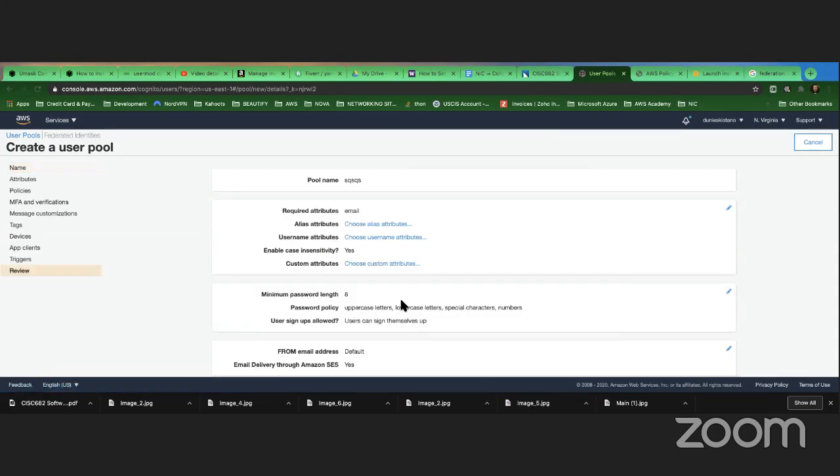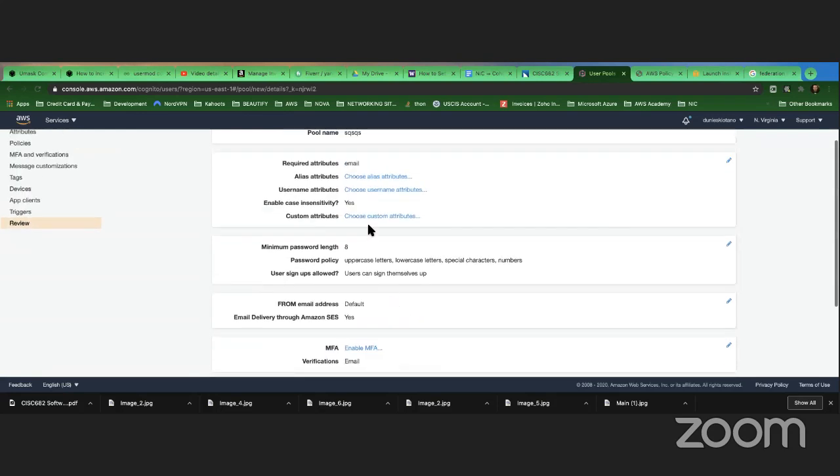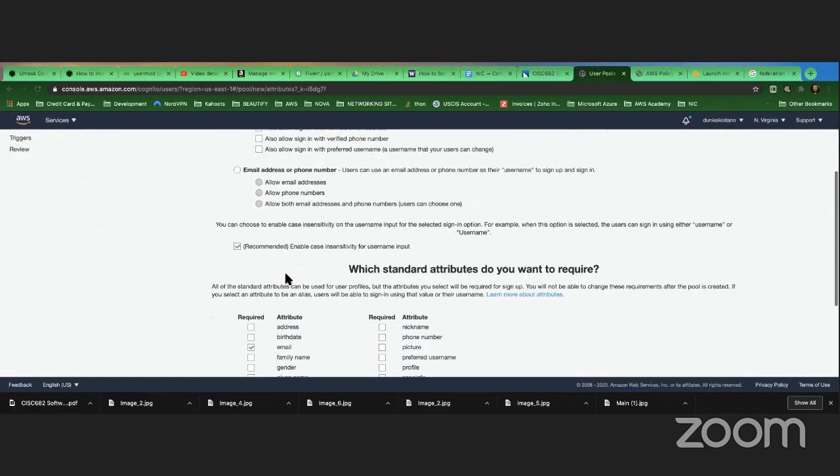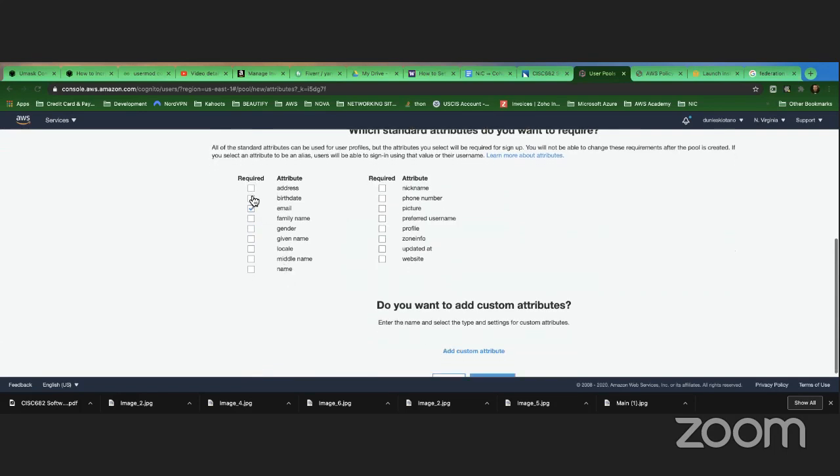And for example, you start creating emails, alias, user attributes. You can choose one here, allow signing in with verified email, just making sure that the person has an email is required. You can require a birth date, or maybe a phone number, or a picture, or preferred username, things like that.